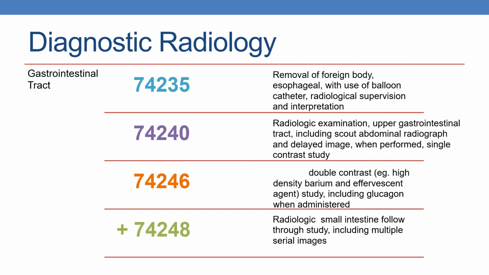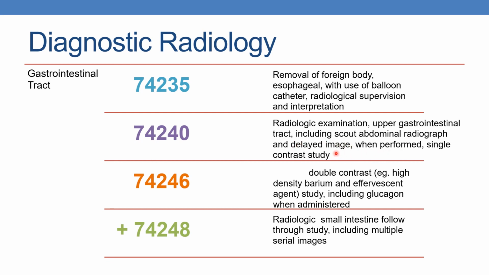The next is 74235, which is nothing but removal of foreign body, esophagus with use of balloon catheter, radiological supervision and interpretation. The next is 74240, radiological examination, upper gastrointestinal tract, including scout abdominal radiograph and delayed image when performed,